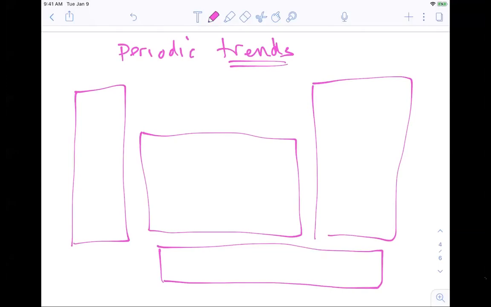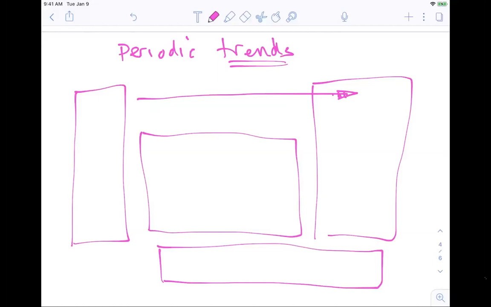So like, let me give you some examples of things that you may already know about the periodic table. They wouldn't necessarily be called trends, right? But you probably already know them. So as you go from left to right in the periodic table, what's happening to the mass of an atom? Does it get bigger? Yeah, they're getting bigger, right? So that's something that you could consider a trend, but it's not really a trend because it's happening exactly, right? Every time you go one atom over, you're adding protons and electrons and neutrons, so the atoms are getting heavier,